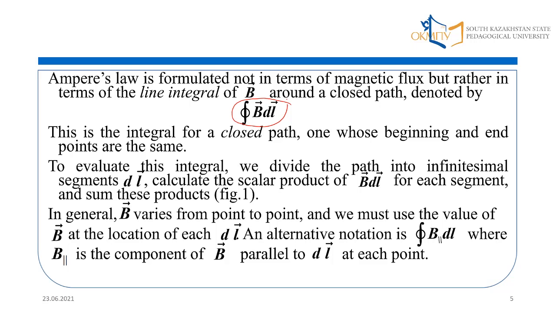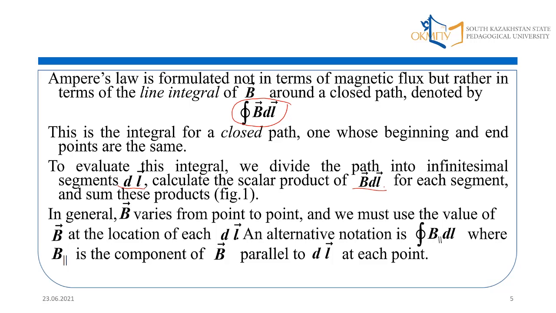To evaluate this integral, we divide the path into infinitesimal segments dl, calculate the scalar product of the magnetic field and this element of the path for each segment, and then sum these products,